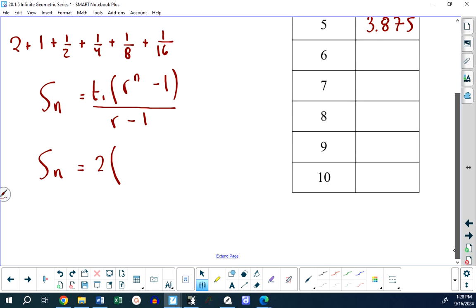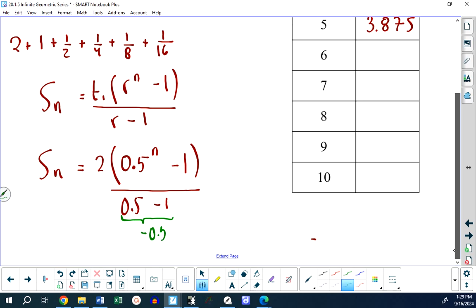So I get 2 times r. I think it'd be more convenient for r to just be written as 0.5. Rather, if I put 1 over 2, then I have to put an additional set of brackets somewhere. It's going to get cluttered. Minus 1, and it's over r, which is 0.5 minus 1. And I'm not going to rewrite the whole thing, but I'll point out to you that the denominator here is negative 0.5. So I can put into my calculator,